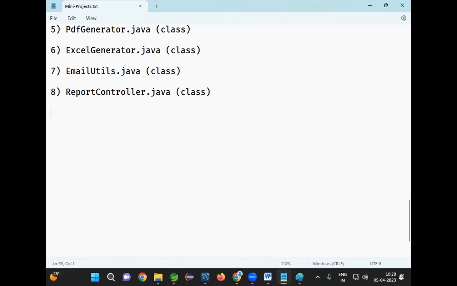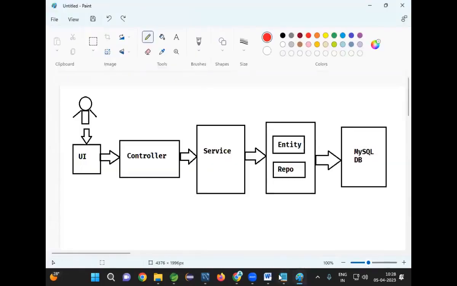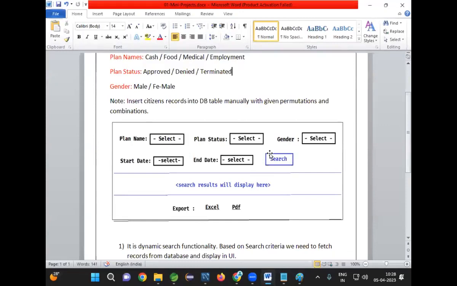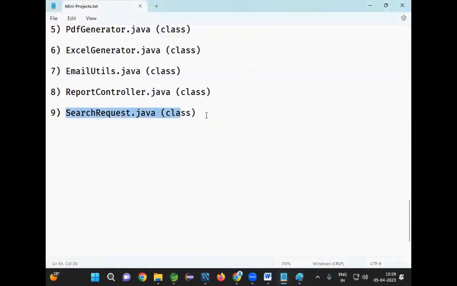Along with that, I'm going to take one more class called SearchRequest.java. This is a class which is used to bind my search fields data. Whenever the user selects the filter and clicks on the search button, are we going to capture request.getParameter of the plan name, request.getParameter of the plan status? No. In Spring, there is a concept called form binding. Whenever you submit the search form data, I will get it into my Java object. That is called